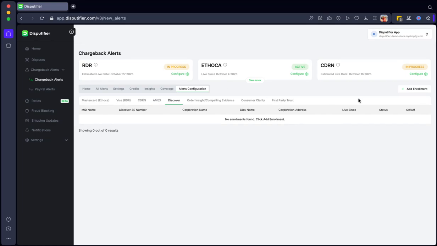Same thing with Discover. You add in your Discover SE number, and you could basically add that there. This is where you can also go ahead and enroll with Order Insights and Compelling Evidence. Order Insights and Compelling Evidence is one of the newer features that we have. But basically, this allows us